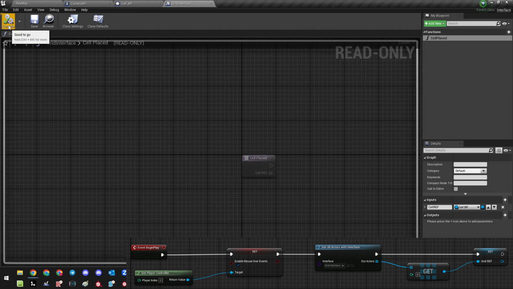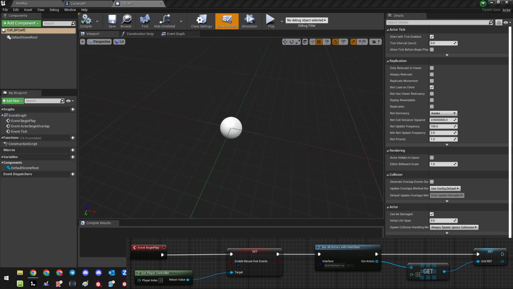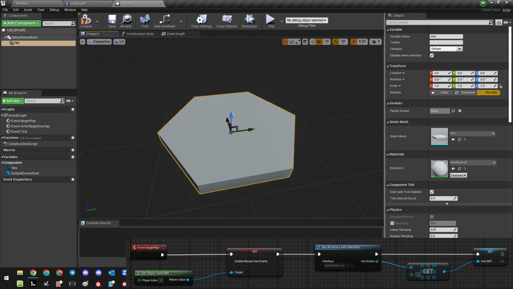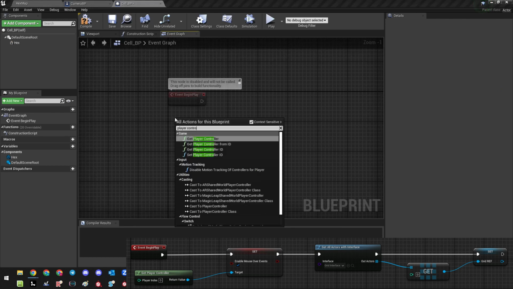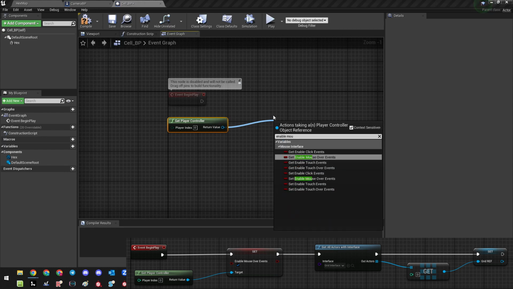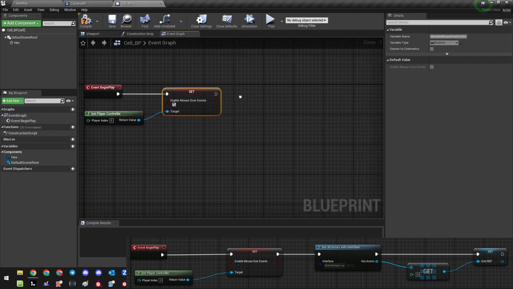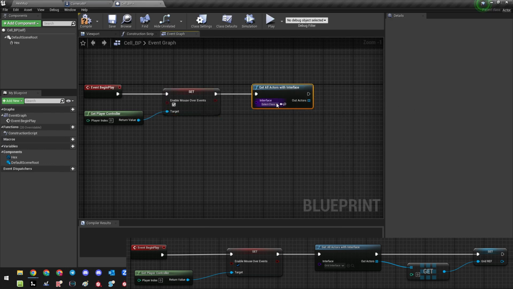In the grid interface, there's only going to be a reference to the cell, and we're going to use that later in our grid spawning system. So in the cell, we're just going to pull in the geometry for the hex, and then we're going to turn on mouse over events, so that way the mouse events work with our cursor in the scene, and then we're going to get all actors with the grid interface,